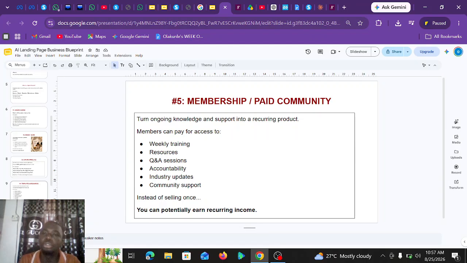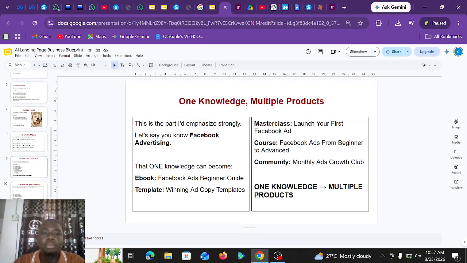Let's say that you are into stocks and shares, right? You can have a paid community where people are there and you are telling them, okay, this is a new share you can buy. You're giving them insider information, upgraded information that is not accessible to other people, and they pay for being a member of that community over and over again. So these are just, and there are still more, but these are five recommended ones from me that I've seen sell and work, and you too can start earning from it, right?